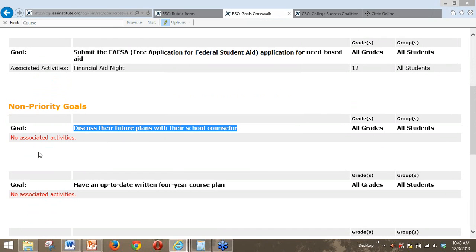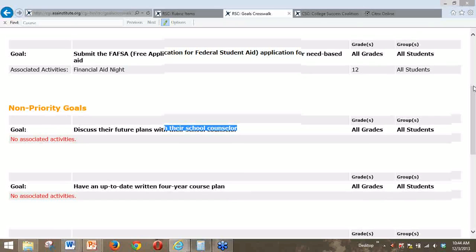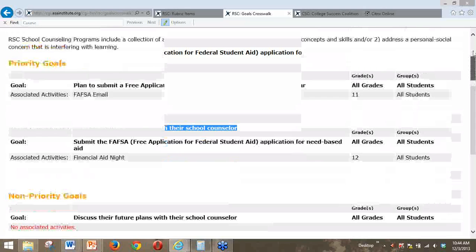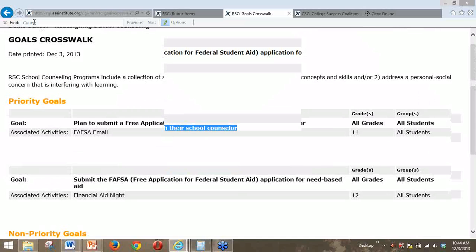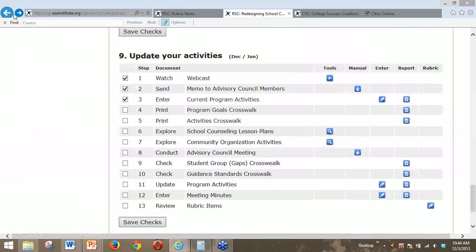So if you get one of these issues, you can either add an activity or delete the goal. Your choice, whatever makes the most sense for you. Okay, that's that. So let's go back. So that is the program goals crosswalk.